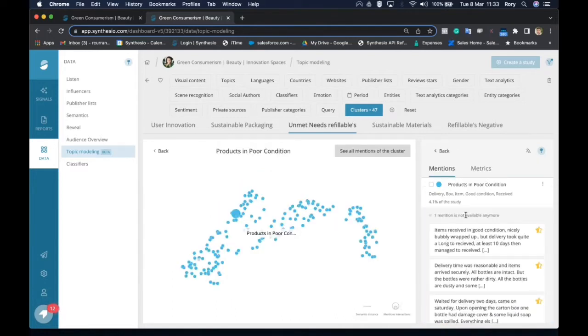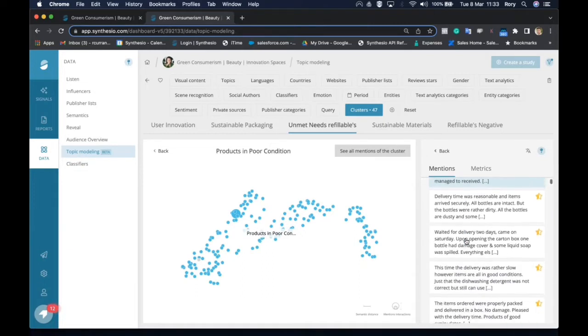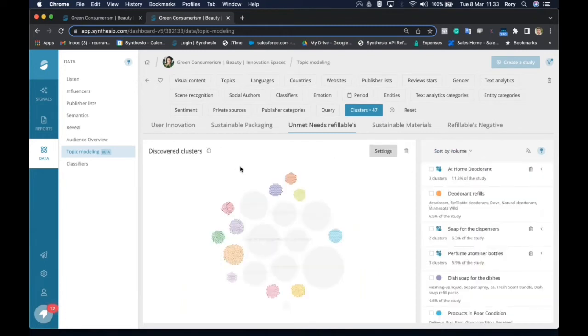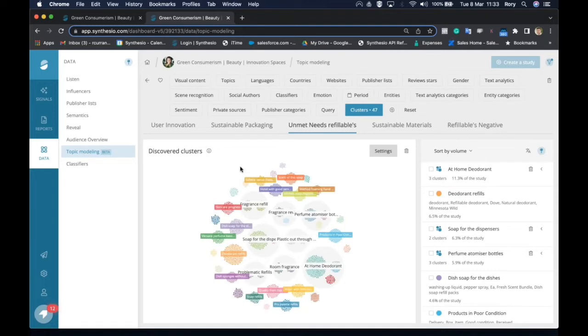So as you can see here, consumers are airing their concerns around the fact they're excited that they've shifted to a more sustainable product, but really the product hasn't quite met expectations and has been frequently damaged and not necessarily fit for purpose once they've received the products. So then what we want to do, now that we've identified unmet needs around product quality,